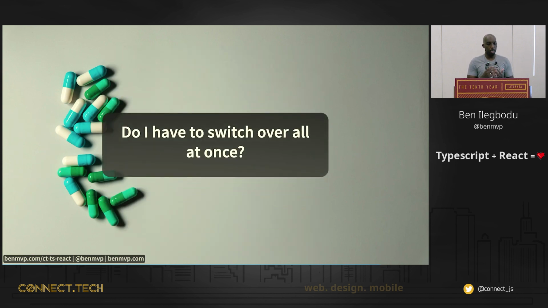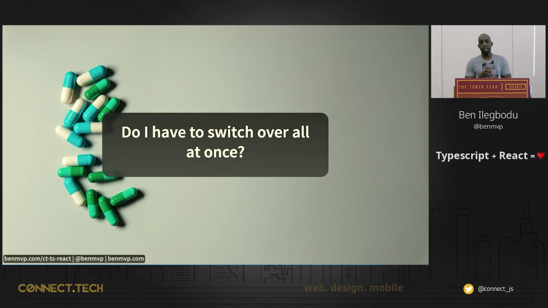And one question I always get, right, is do I have to switch over all at once? Like I have an app in JavaScript, do I have to stop everything and switch over to TypeScript? And thankfully the answer is no, right? I don't really believe in huge rewrites anyway. I don't think there's value in just rewriting the whole thing.